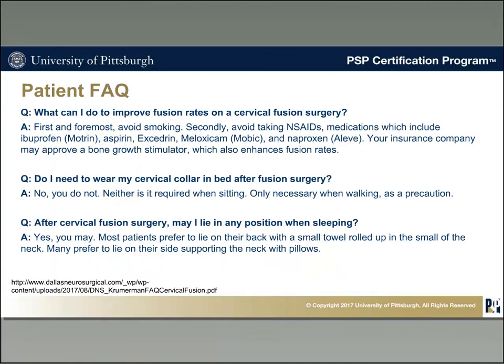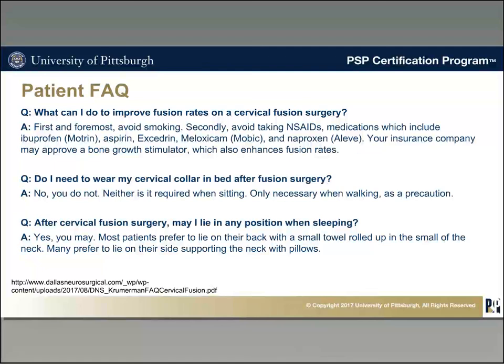Considering some of the frequently asked questions that patients may have. One may be, what can be done to improve fusion rates? First and foremost, and this is an important question, smoking has been found to significantly inhibit bony fusion. So it would be important to stop smoking, and in fact, for elective spine procedures,